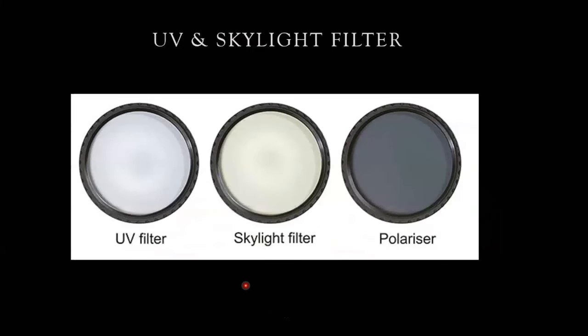And finally, we come to the UV filter, and there is a lot of controversy about whether people should use UV filters or not, because every time you go to a shop to buy a camera, or when you buy a lens, the seller says that to protect the front of the lens, you need a UV filter. A lot of people buy these UV filters, and a lot of people buy very expensive ones. UV filters were useful in the film days because film was sensitive to ultraviolet light, whereas present-day digital sensors are not sensitive to ultraviolet light at all.